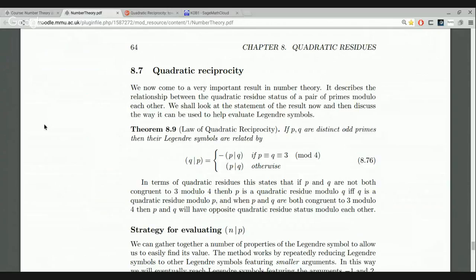So it's this indicator function that signifies, by taking a value plus 1 or minus 1, whether n is or is not a quadratic residue modulo p. And this law of quadratic reciprocity is this really nice result which relates the status of q modulo p to p modulo q. And as I've stressed before, the